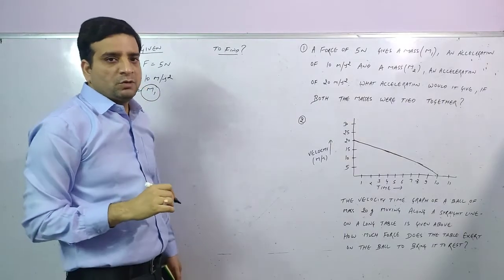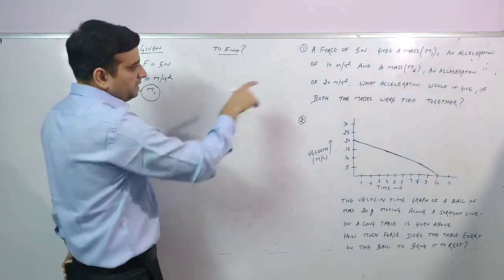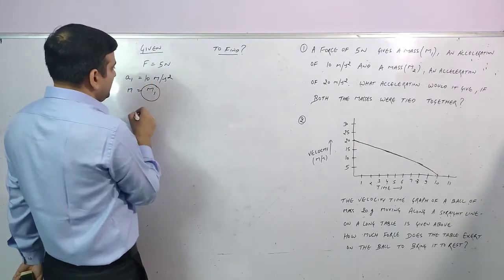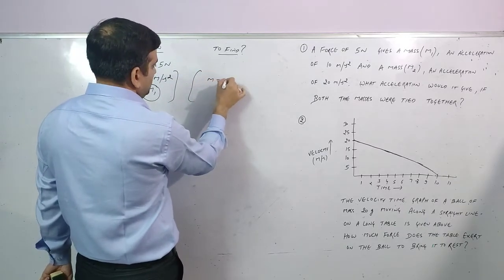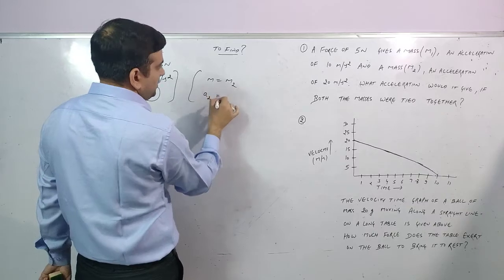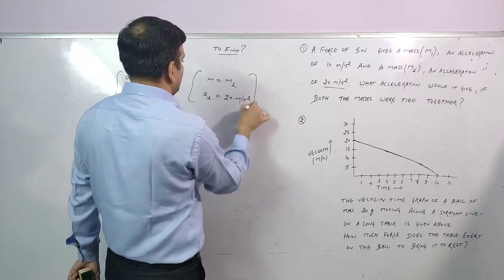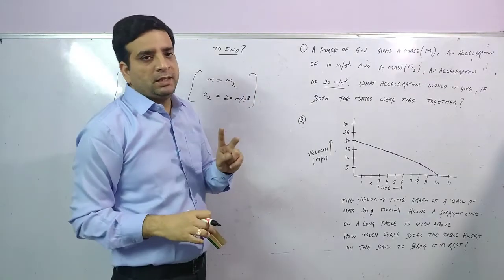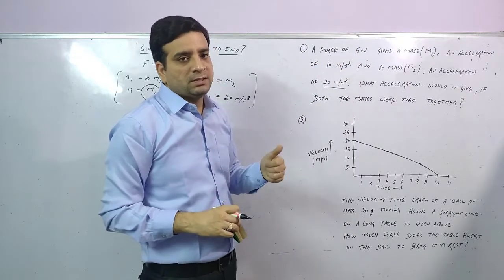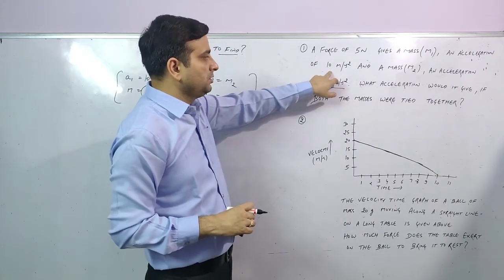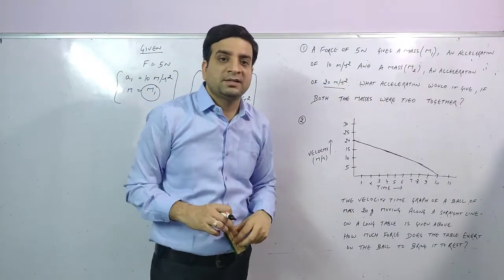कि कोई ऑब्जेक्ट है, उसका मास कितना है m1, उसको एक्सेलरेशन कितना मिल रहा है 10 मीटर पर सेकंड स्क्वायर when force of 5 Newton is applied. Second case is a mass m2. Force we are applying the same in the second case also. In the first case this happened. In the second case, mass is now m2, acceleration is 20 meter per second square. So there are two cases: two objects, one of mass m1 and one of mass m2. On both we apply the same force, 5 Newton. When applied on m1, it achieves an acceleration of 10 meter per second square. When applied on mass m2, it achieves an acceleration of 20 meter per second square.